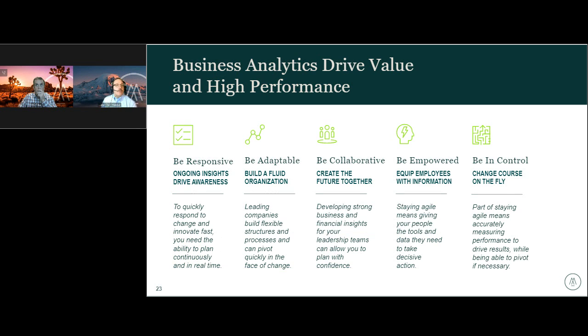So this whole discussion comes down to these five things here. It's a positive, virtuous cycle. If you have the data and people have easy access to it, then they can be responsive. Going back to the story of, am I seeing the data after the period happens, or am I seeing it before it ends and I can do something about it? It helps me to be responsive. If I can be responsive, then I can be adaptable. And when I'm adaptable, then I can collaborate with those around me and my business partners.